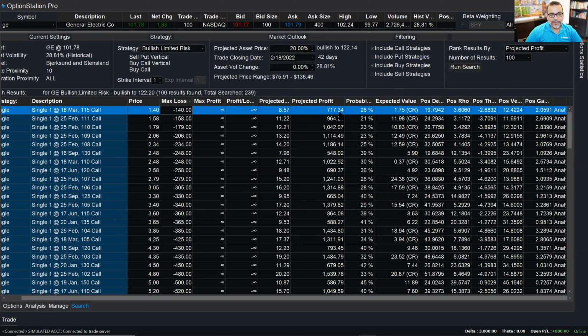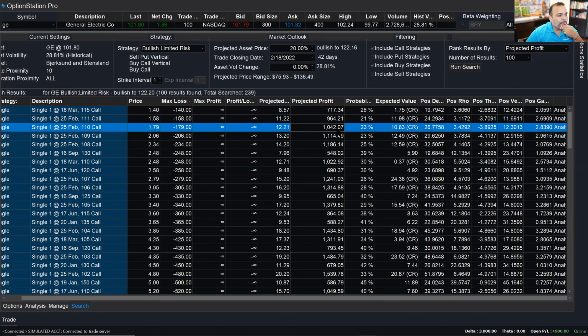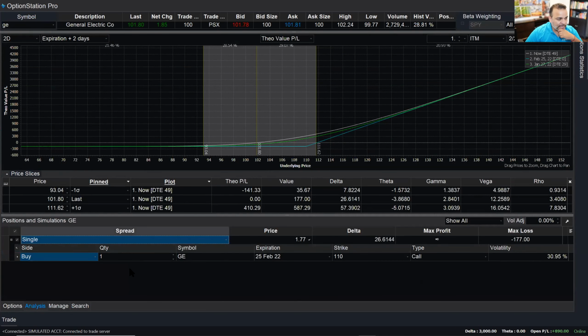Now, of course, I'm not looking at a position that has a projected profit of $2,000, but talking about risk and maximum loss in my type of trading, my trading style, which is not a recommendation, is a little bit more tolerable. So here, let's say, for example, that I look at a projected profit of $1,000 and maximum loss of 179. If I click on the Analyze Here button on the right, it's going to send that over here to the